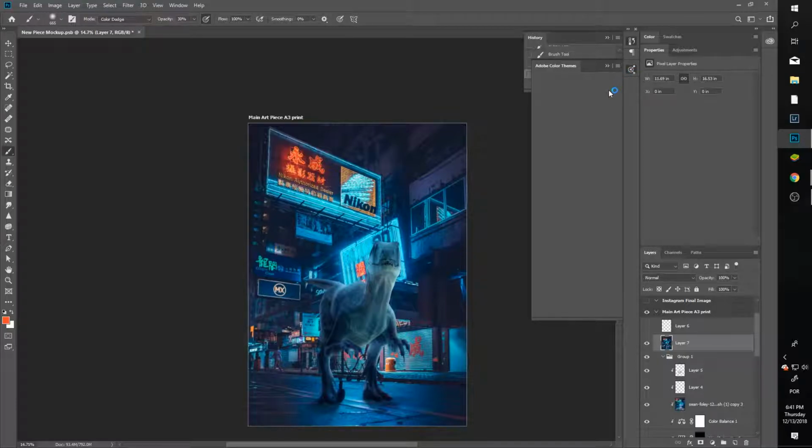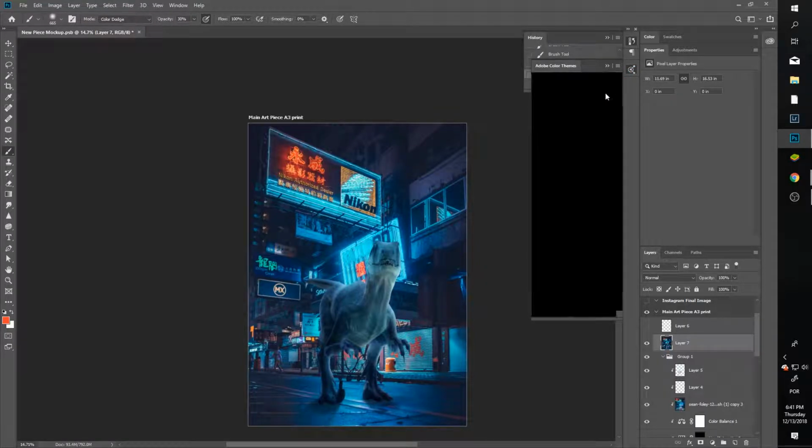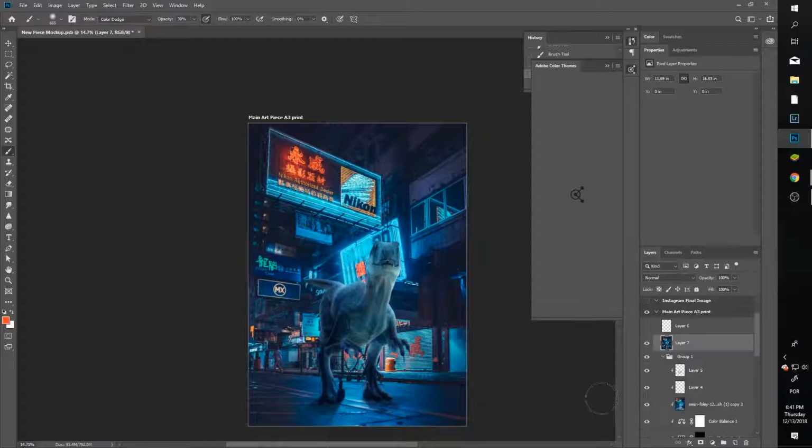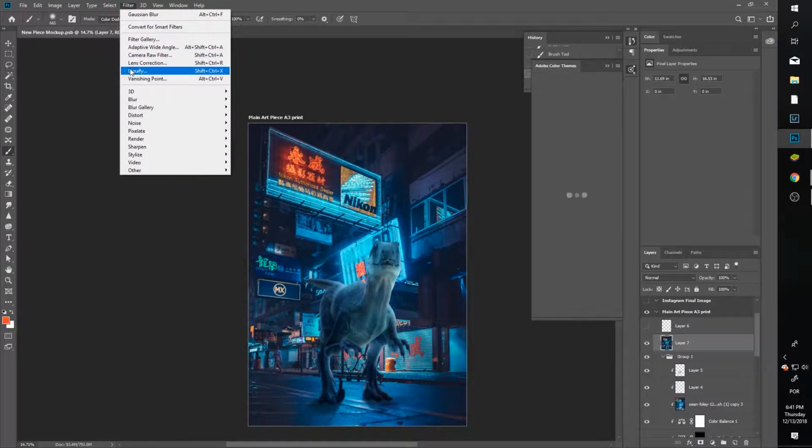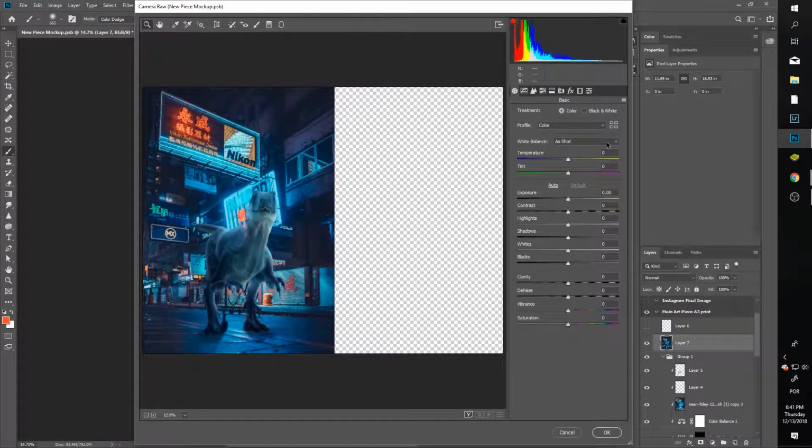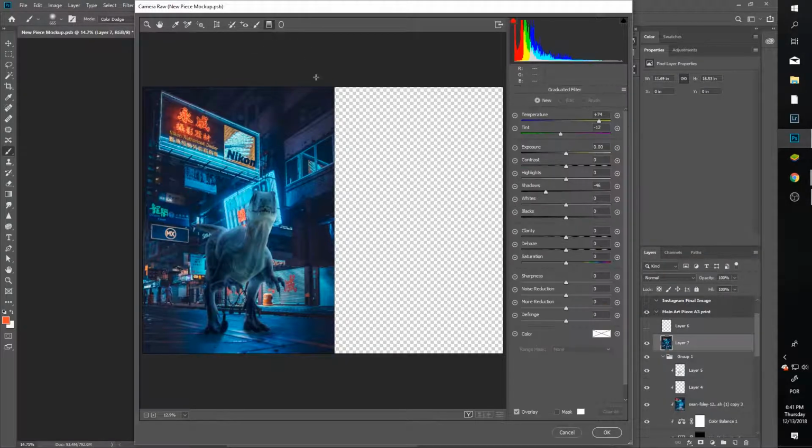Complementary colors, yeah. So you can do that. You can create a graduated filter with a complementary color to make the main subject pop, like I don't know if this feels